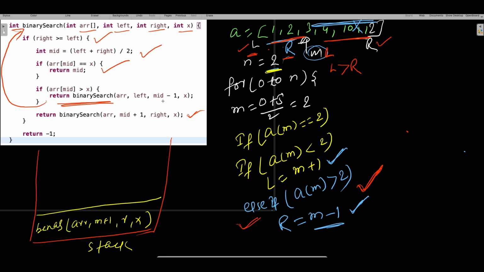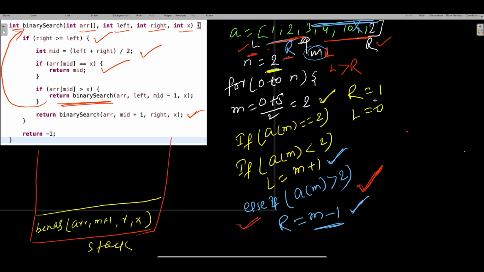Right is middle minus 1. So in the first attempt, what was my middle? It was 2, right? So this time when this call used middle minus 1, my r became 1. The second time when you are calling it, it is middle minus 1, so r became 1, and L was 0.